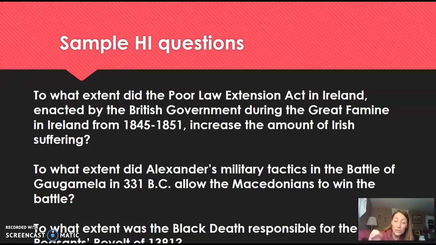This is a particular Peasants' Revolt that happens in a particular place in Germany in 1381. What's implied in this is maybe there were other reasons that caused the Peasants' Revolt. So if it wasn't the Black Death, what else could it have been? And this student's research would have to include that. So it's kind of like the, what caused